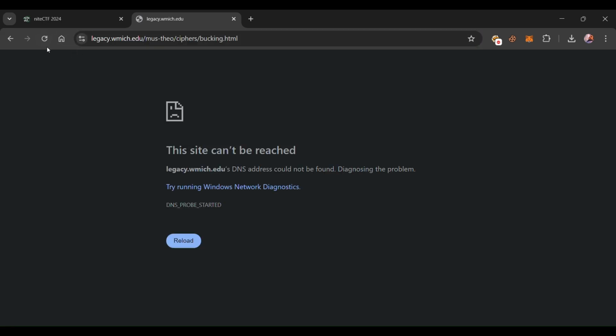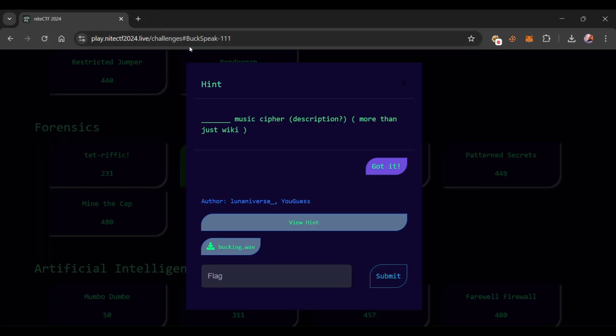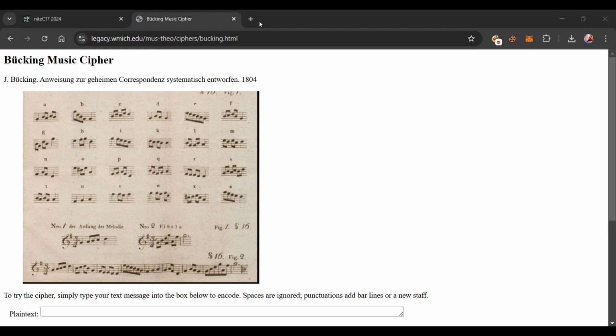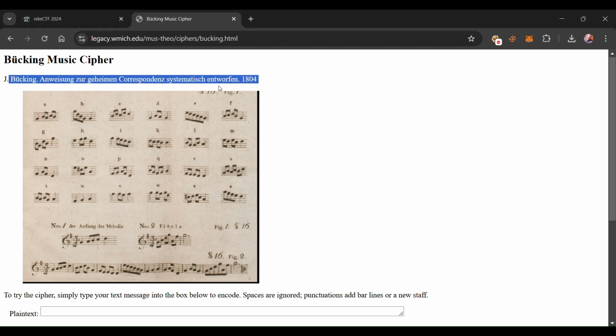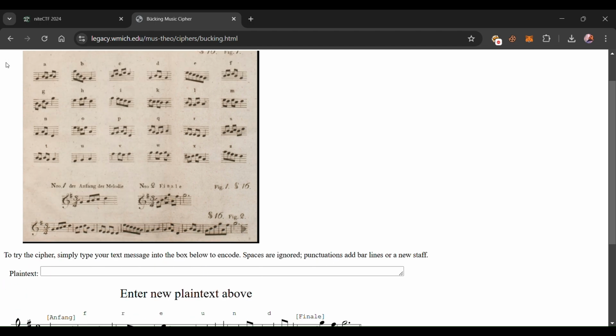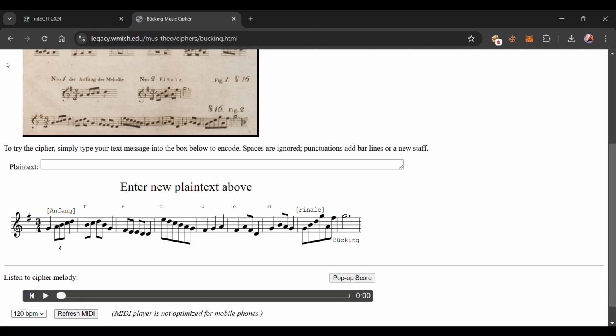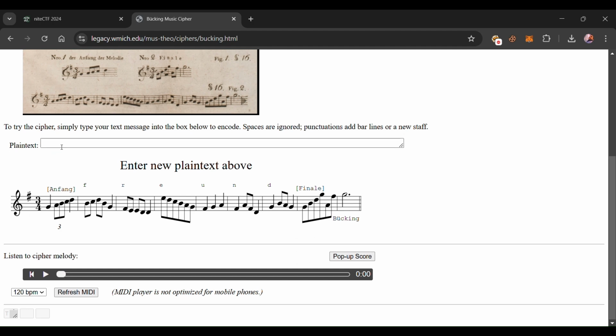This was a Bucking music cipher website, and you can see the URL. You will have to visit it. As you can see here, different letters are provided with different note combinations. This is really complex if you look at it from a newbie's point of view. Basically, it takes input like a word and converts it into a musical sheet, a different note combination for each word, and when we play it,